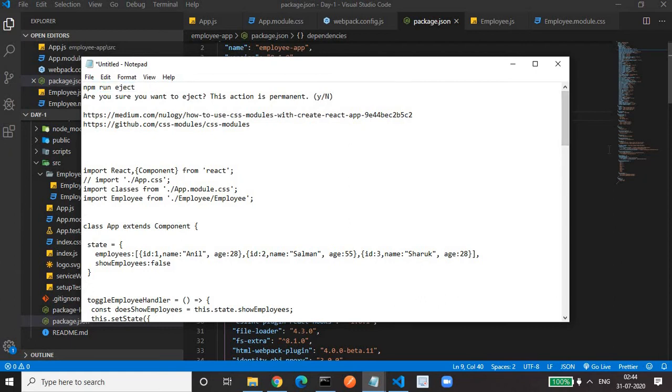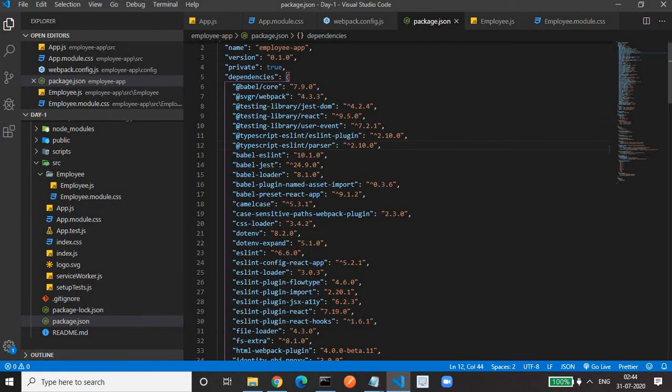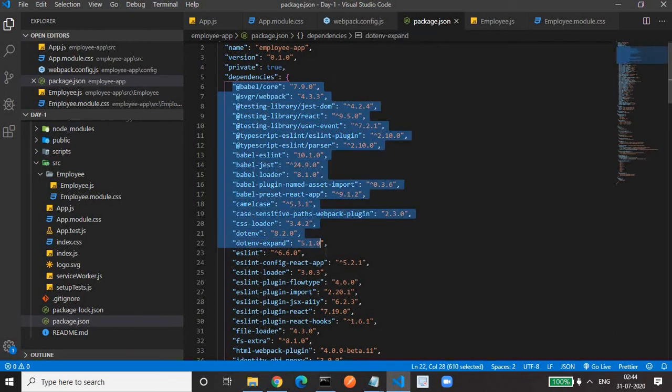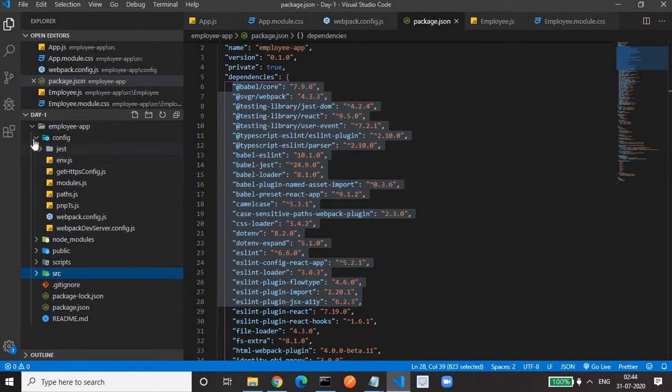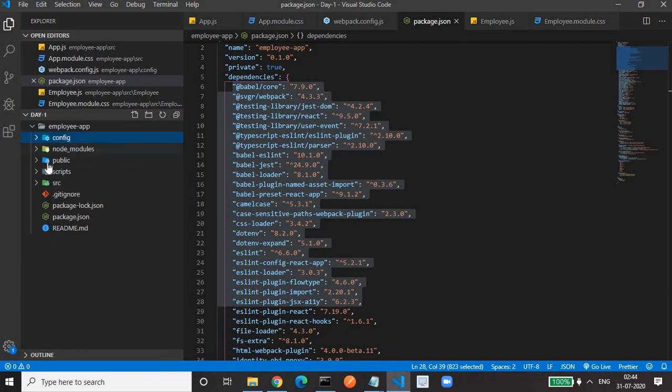So my React script gets tweaked, and now instead of React script, I am seeing the dependencies, the sub dependencies of the React script. You won't see any React script after executing that command, and I am getting a config folder, this one, along with a script folder.